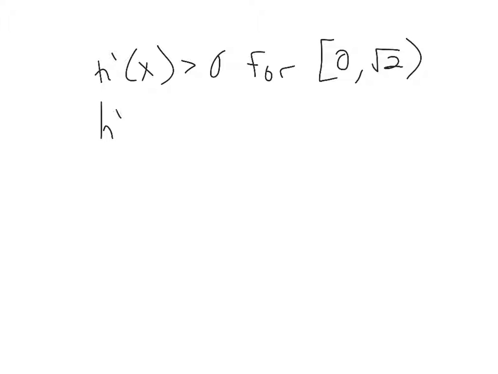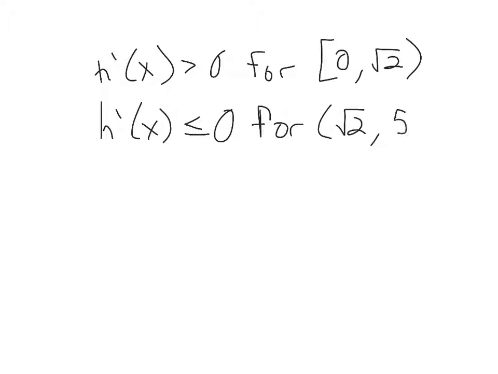H prime of x is less than or equal to 0 for radical 2 to 5 inclusive. Okay, so that means that h has a relative max at x equals radical 2,